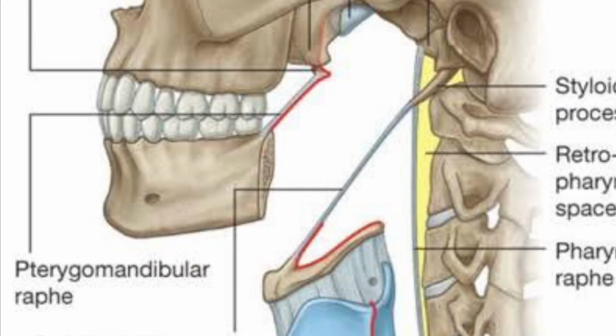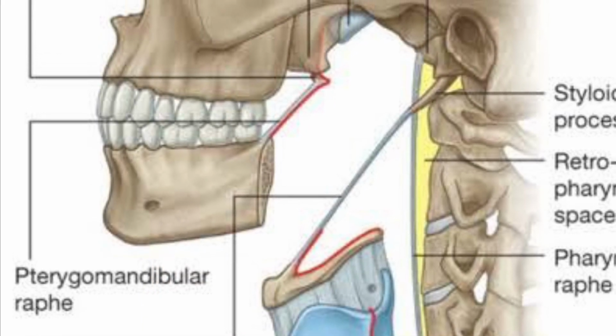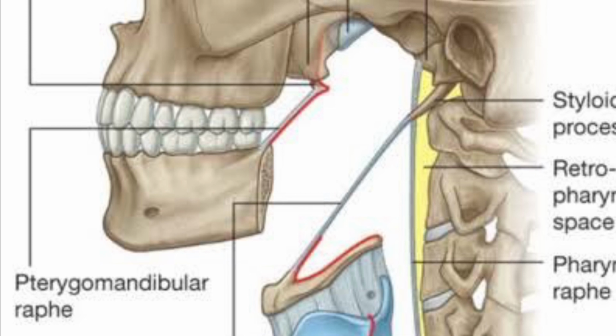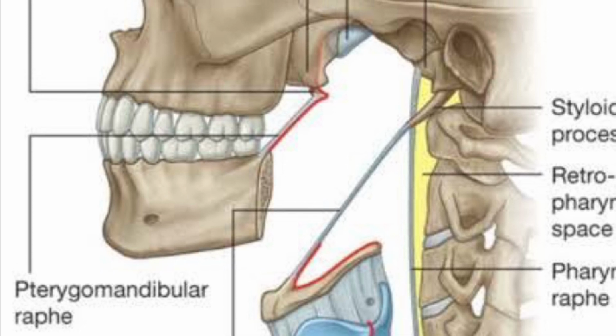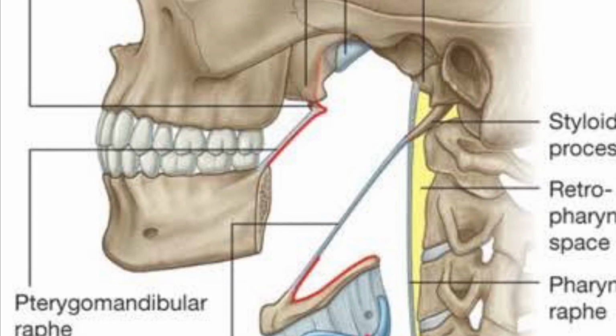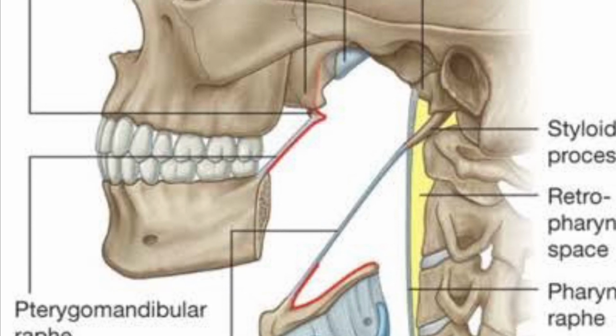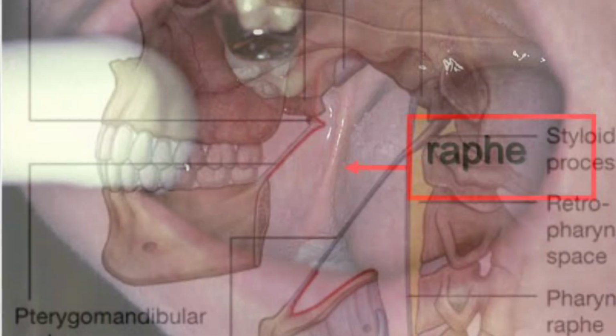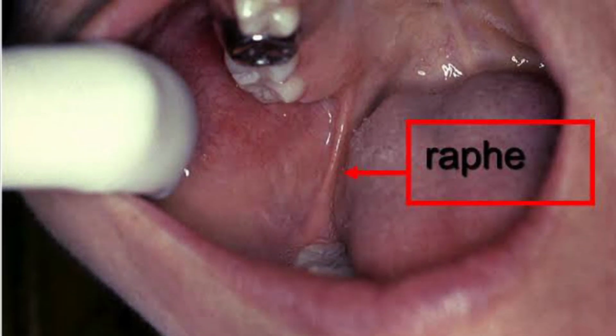The sixth ligament of the TM joint is the pterygomandibular ligament, or you can say the pterygomandibular raphe. It arises from the pterygoid hamulus of the medial pterygoid plate and extends into the inner aspect of the mandible just behind the third molar.